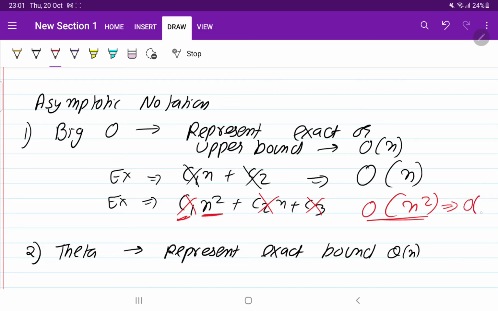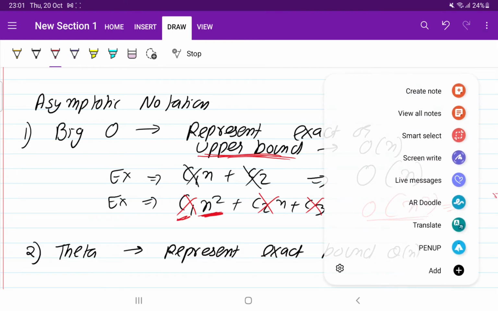You can also write O of n to the power 4. Why are we writing O of n to the power 4? I told you it represents the upper bound, meaning this expression will take either n to the power 4 or less time than that. It is an upper bound, meaning time is going to be either equal to this or below this, but there is no sense in writing n to the power 4 here, because in the expression it is n square only.